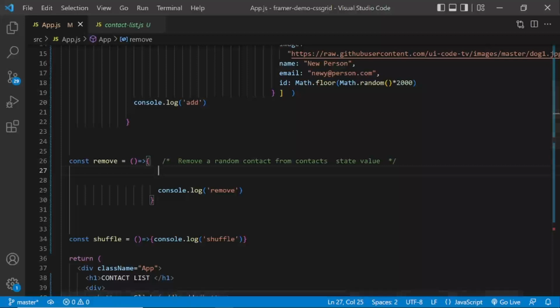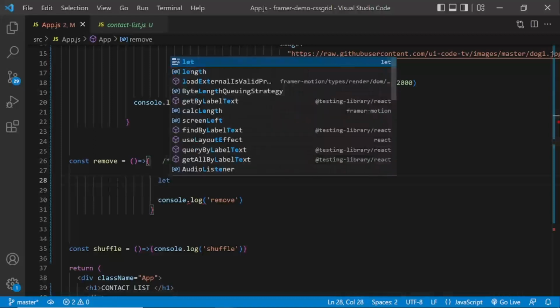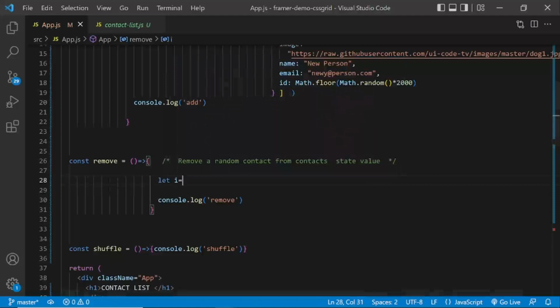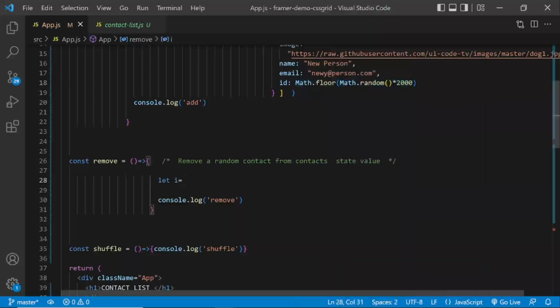So what we're going to do is say let i equals, and we're going to generate a random number. I'm going to use this random function that I used earlier, the Math.floor function. Just going to copy that and paste it in here. Now that was creating a random number between 2000.